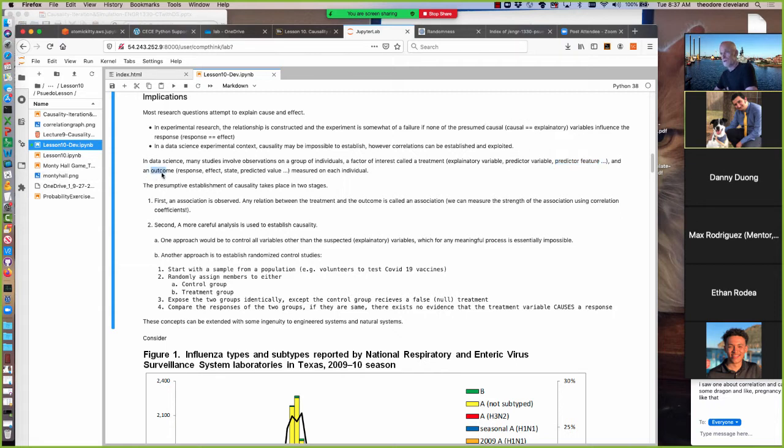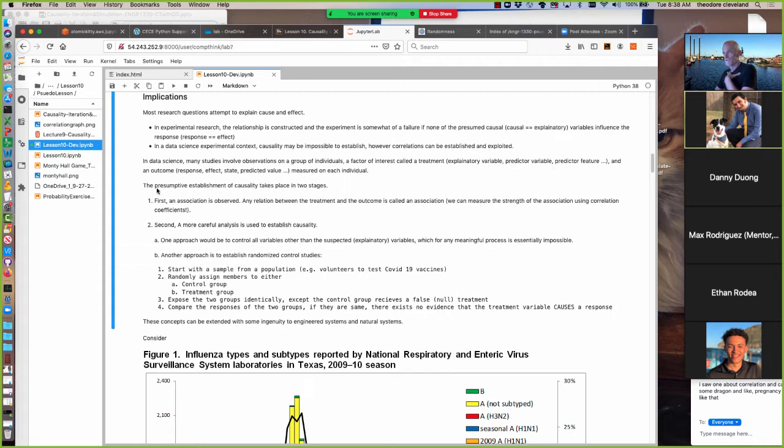And then there's an outcome, sometimes called a response, an effect, a predicted value, a system state, and several other names that are measured in each individual. And so we would apply those segregations by individual, by treatment factor to different statistical tests in hopes that we can establish some causality and hence exploit the predictor variable to our